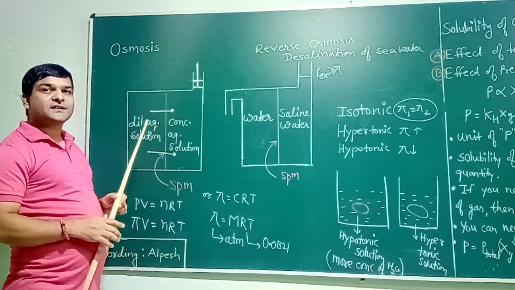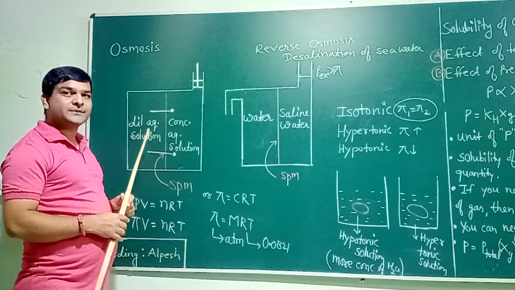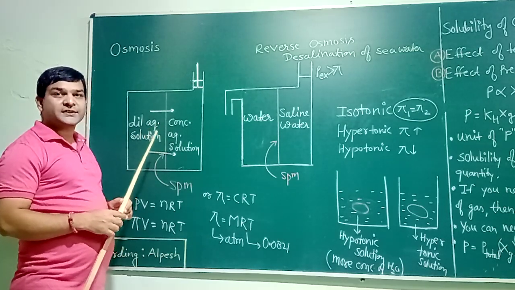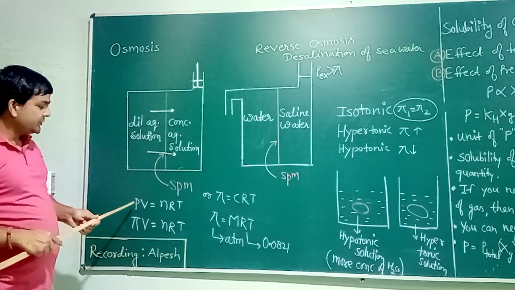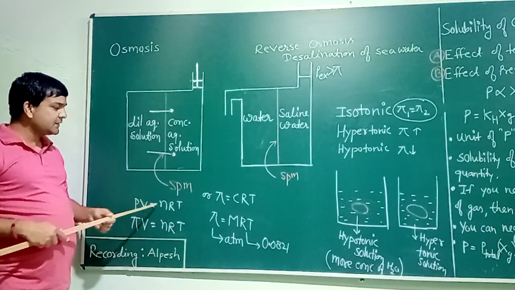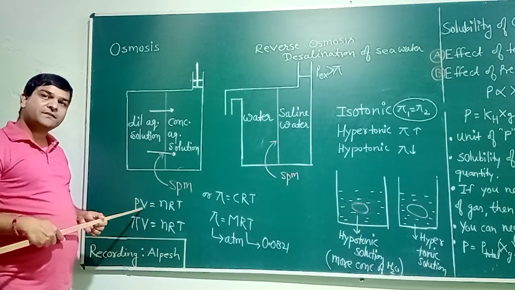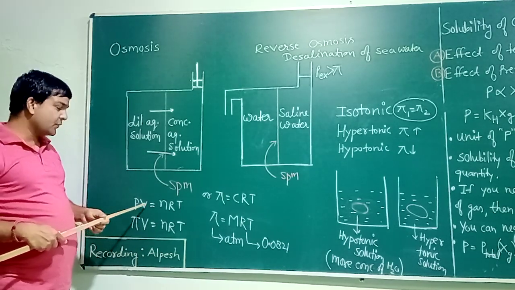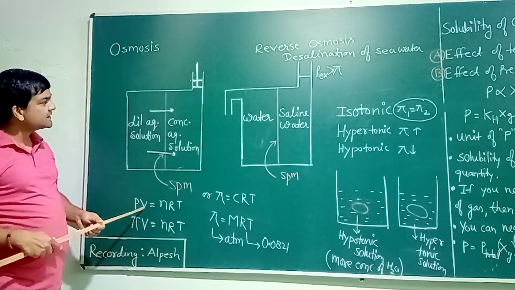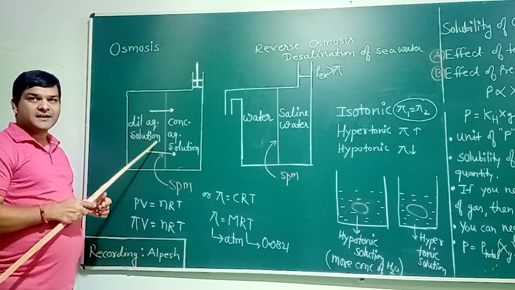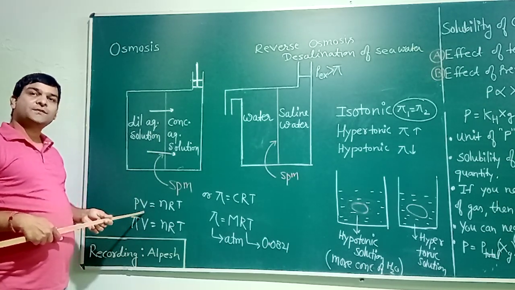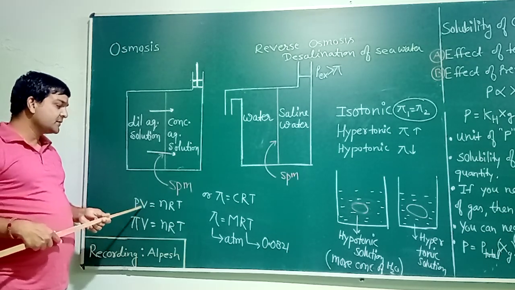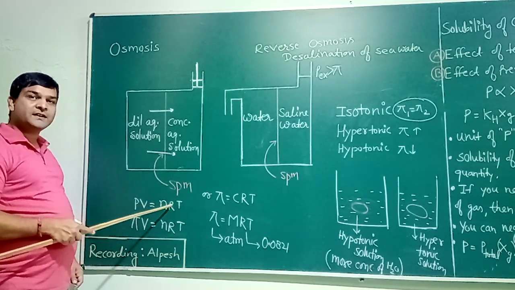In a dilute solution, the concentration of solute is negligible, just like the concentration of a particular gas in air. And therefore, we can use this equation PV equal to nRT. You have used this equation earlier in class 11 for gases. Now we are using the same equation here for solutions. The reason, as I told you, is that colligative properties are properties of dilute solutions. So here we can use the same equation PV equal to nRT.